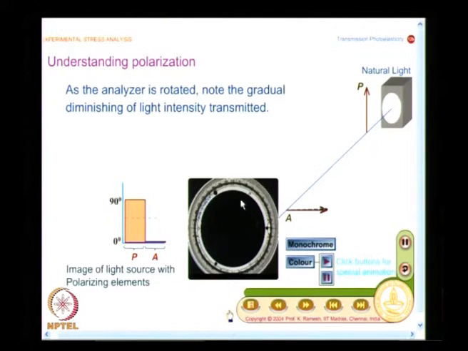So, what you saw was only a black background, and another subtle point to note here is that I am sending white light. So, this phenomenon is independent of wavelength. We have looked at a model behaving like a full wave plate. When it behaves like a full wave plate, it is a function of wavelength.